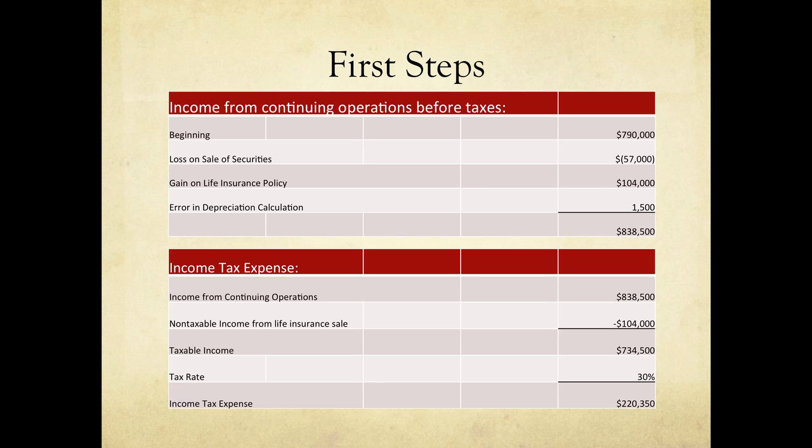Next thing we need to do is find our income tax expense. First thing we'll do is just take this $838,500 and just drop it right here. We'll go down here. It mentioned in the book that the gain on the life insurance policy was non-taxable, so we need to take that out of the income so we don't get taxed on that. So we subtract that and we get our taxable income here of $734,500. We'll multiply it by our simple tax rate of 30%, and then we'll get our income tax expense of